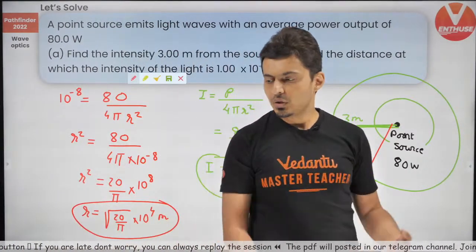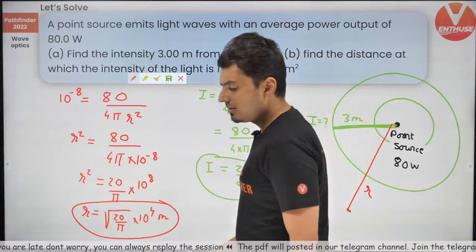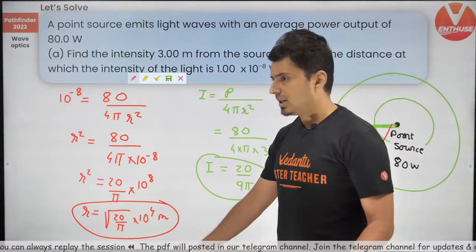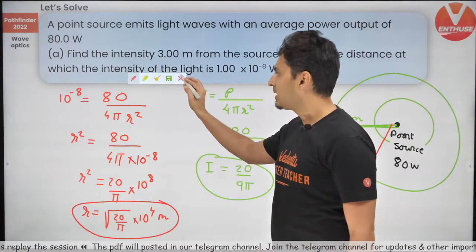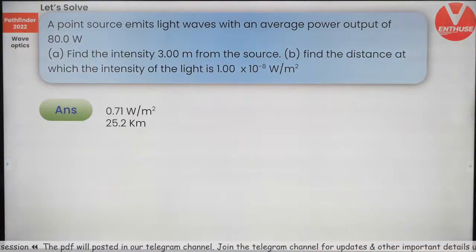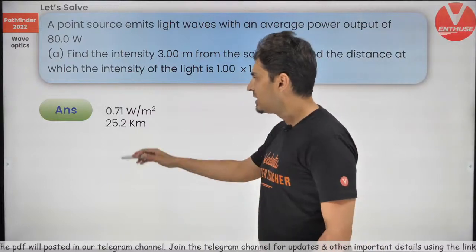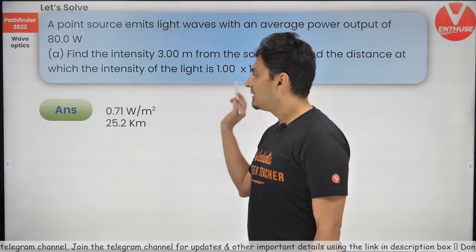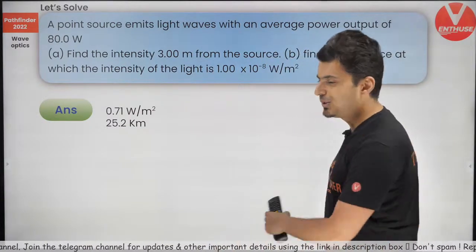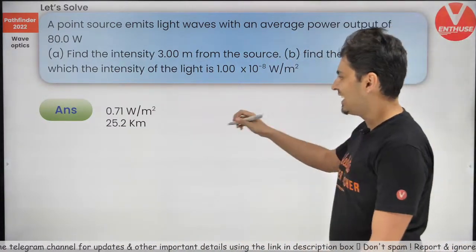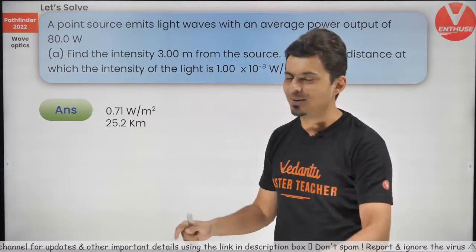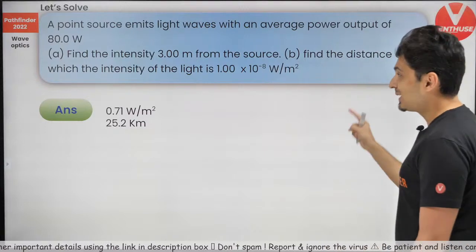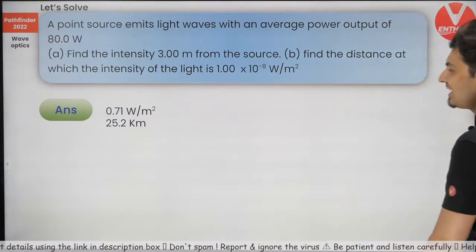That's it. You check whether it is given in decimal, whether it is given in values, whether it is given in these kind of pi based relations. So accordingly you can calculate and give the final answer. If we calculate it in decimals, it comes out to be 0.71 watt per meter square, and the distance comes out to be 25.2 kilometers. Crazy. If you go 25 kilometers, that's when the intensity will come down to this small value. So that's a large distance, but still it is there. You can still see the light, it will be very faint.